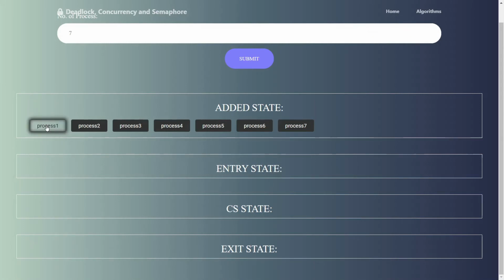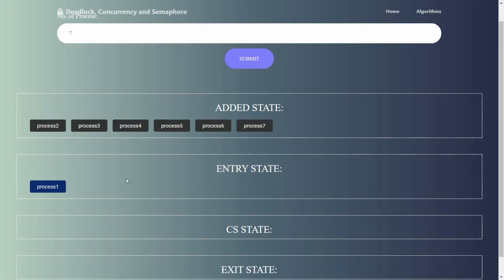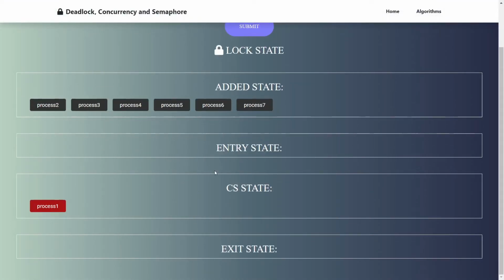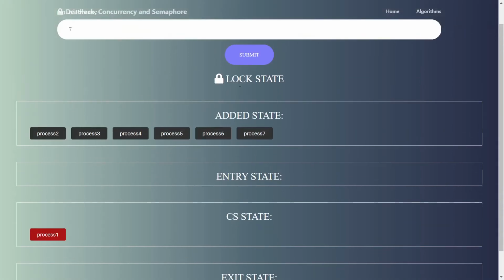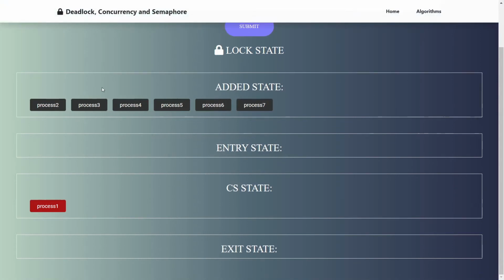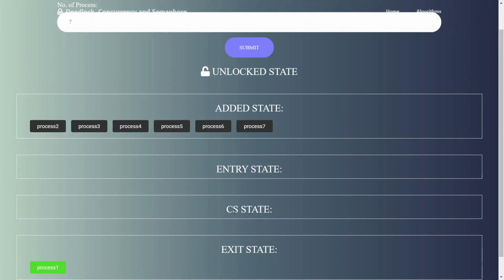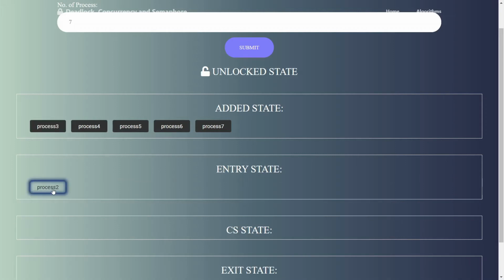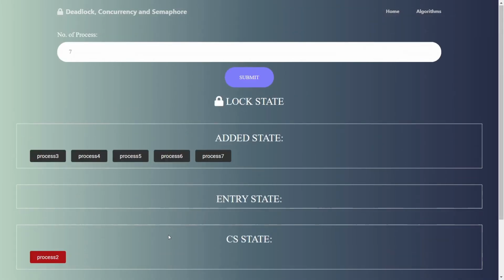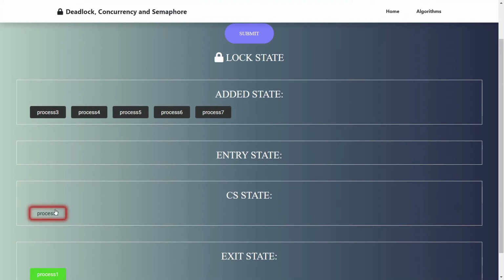So if I try to execute process 1, then it will enter into entry state. If I click on it again, then it will enter into critical state, and as the critical state is filled, it will display lock state here. Again, if I try to execute, it will get executed, and as critical state is empty, the process will come into exit state. So the main difference between lock variable and test set lock is that